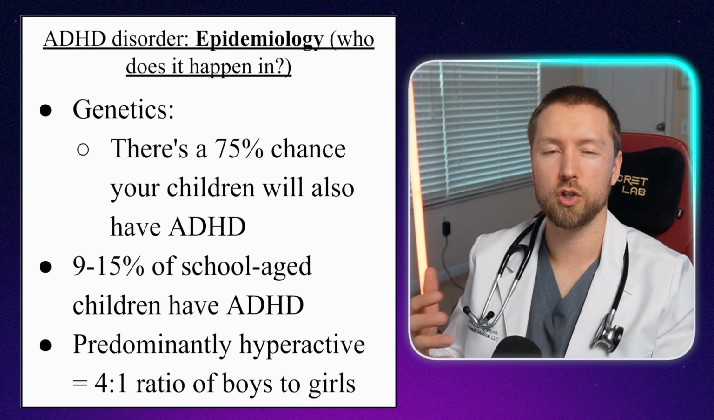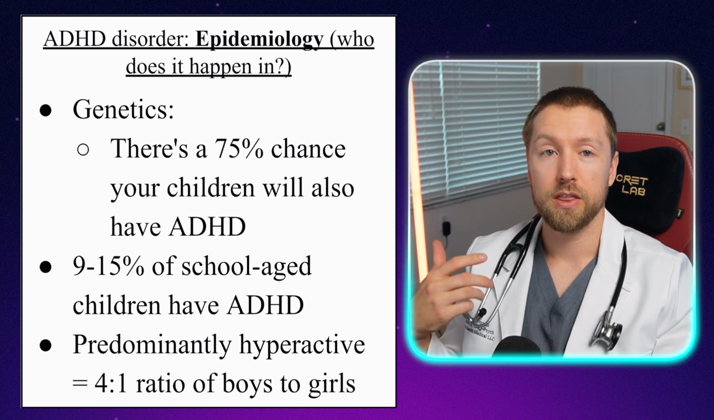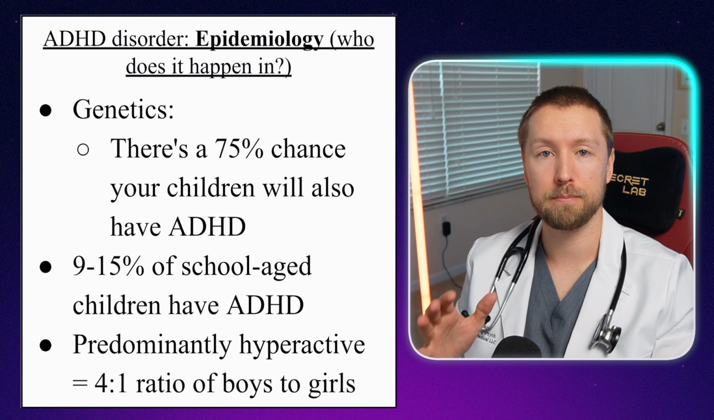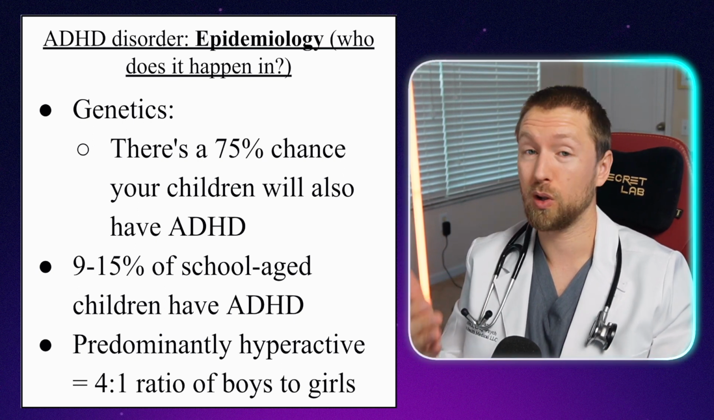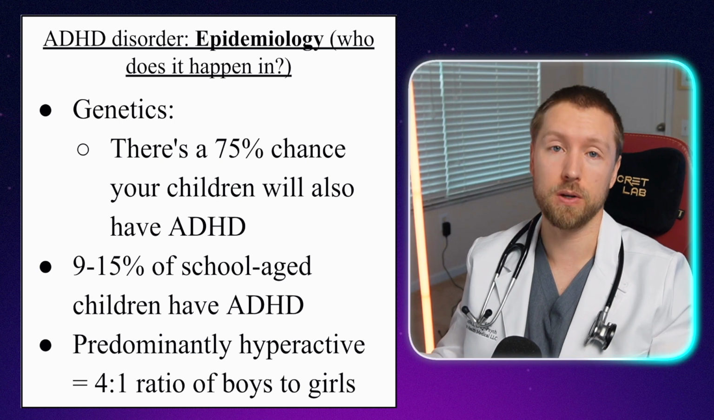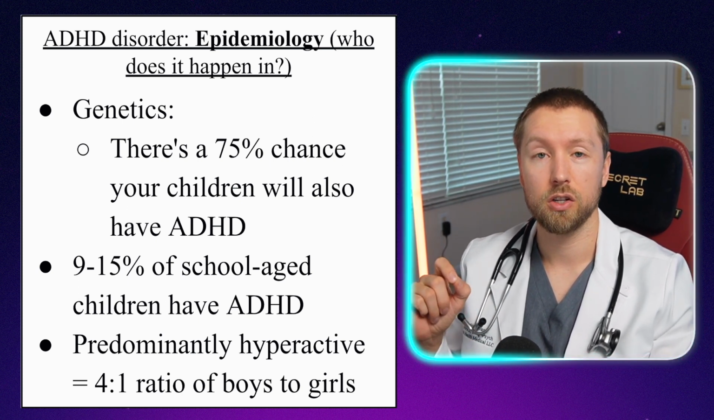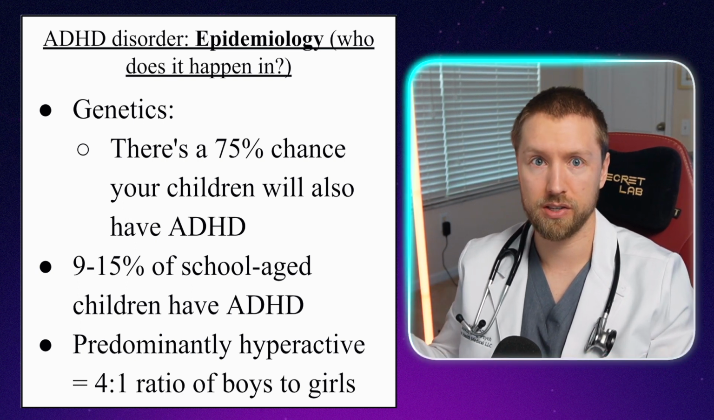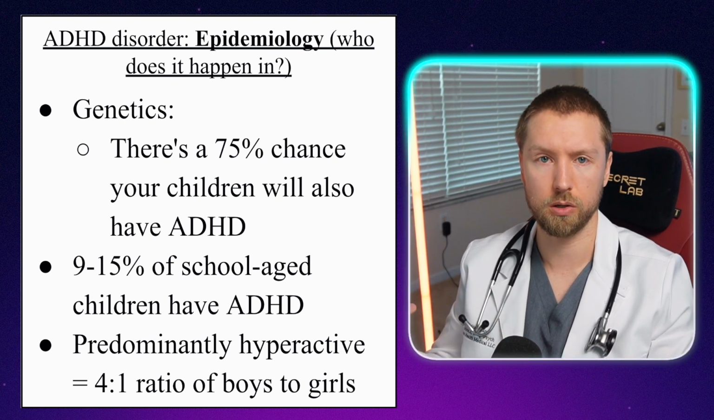So the epidemiology, who does ADHD happen in? Well, first of all, there's a big genetic component to this. There's actually a 75% chance, so 3 out of 4, that your children will also have ADHD if you do. Now, since ADHD is primarily a childhood-aged disorder, although it can persist and we'll find out later has a 90% chance of persisting until adulthood,